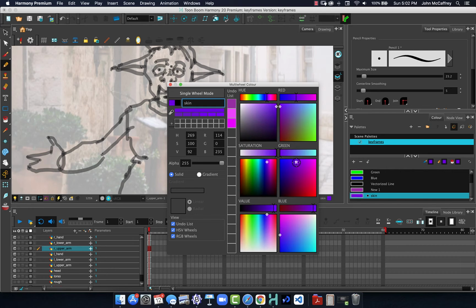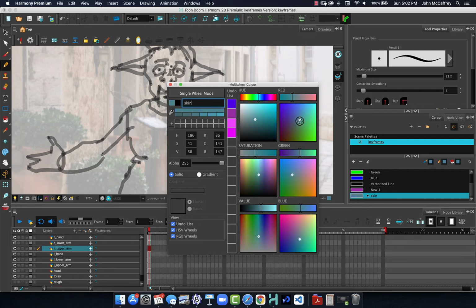Decided he gets to go in that kind of purplish range there, saturate a little bit more. Now we're going to go with purple today instead of green skin because, well, we can. I'm going to just make it a little bit lighter in value, pull it up so that it will contrast with